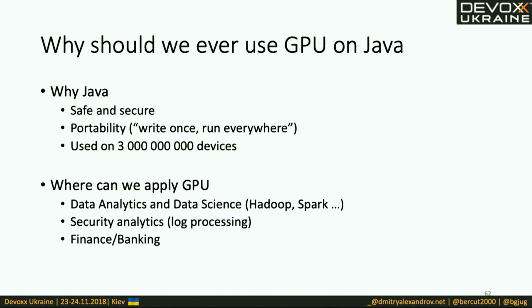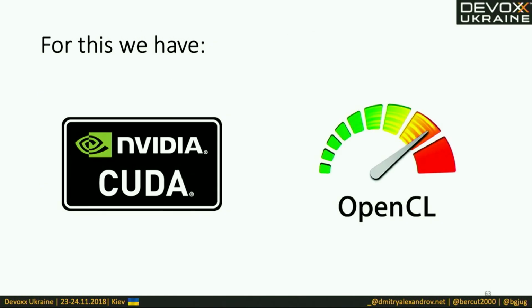And Java now runs not only in our browsers, but it's very much used in data analytics and data science. So everything which is done with banking, for example, with finance and so on, there's a bunch of Java. A lot of COBOL, of course, but they are migrating to Java. Maybe in 2,500 years, they will fully migrate to Java. And so Java is used there. And since there's a lot of analytic work that can be parallelized and done on a GPU, we should use it. And to use it, as I told you, we have two of these technologies.